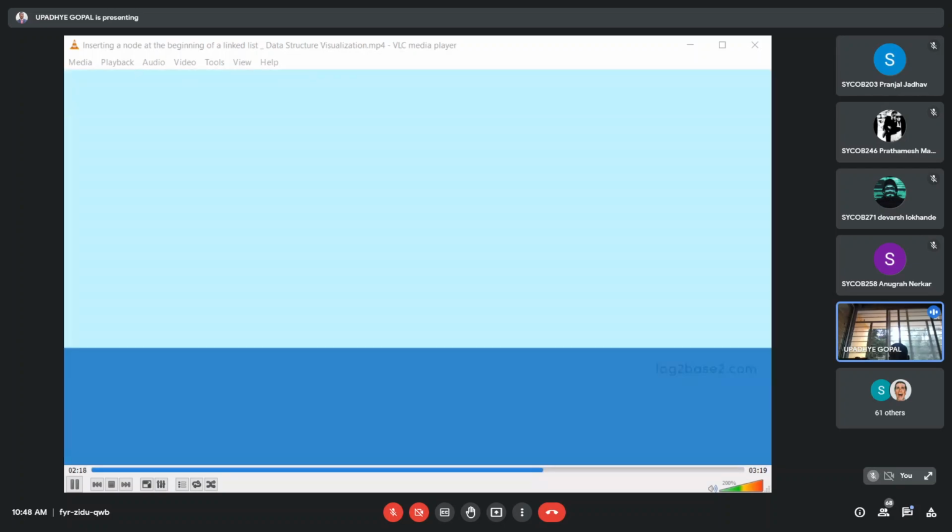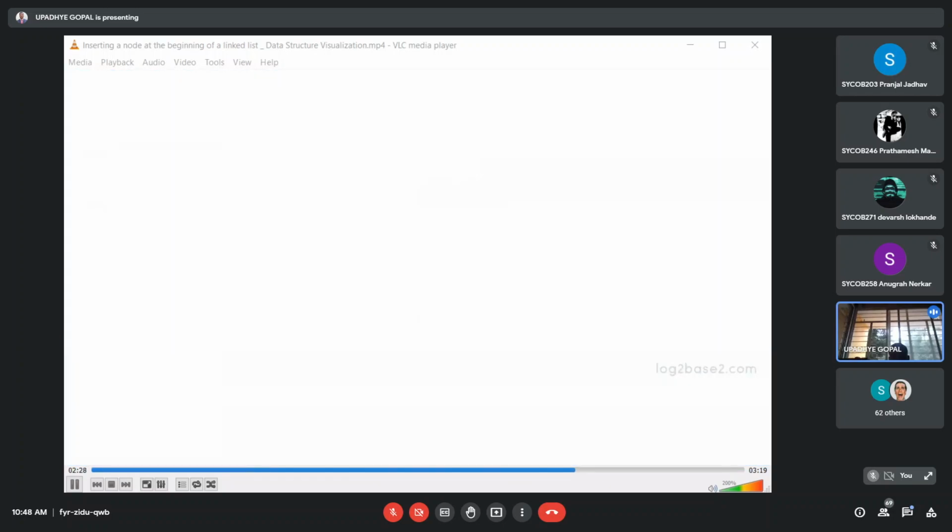Now let us relate this with a train. So we know we have an engine followed by a number of coaches in a train. So let the engine be our head and the coaches be the nodes. So let this be a node with data and next or link part. So suppose we have the train empty. So a new block A is added. So make it the engine, which is equivalent to head in our linked list.